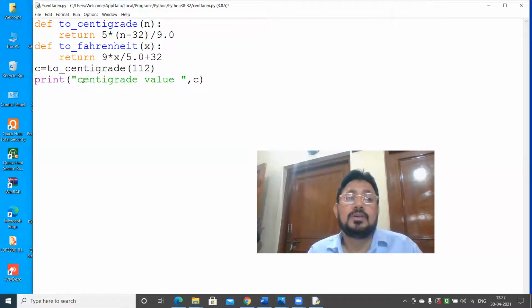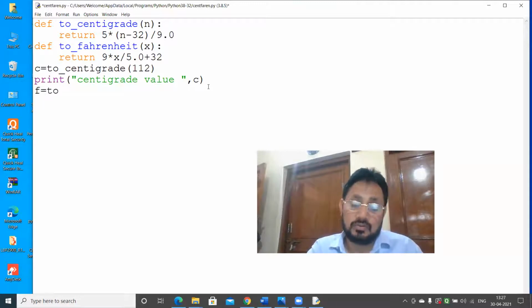Okay, got it? Same way, when you give here F equals to 2 underscore Fahrenheit. It's not a keyword, it's my own user defined function. And I give here 98, suppose that was the temperature.